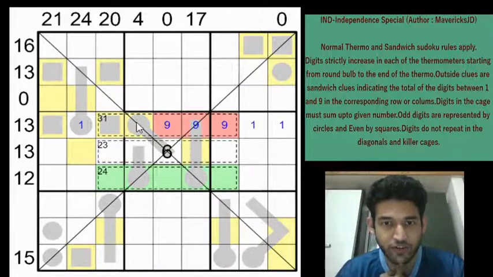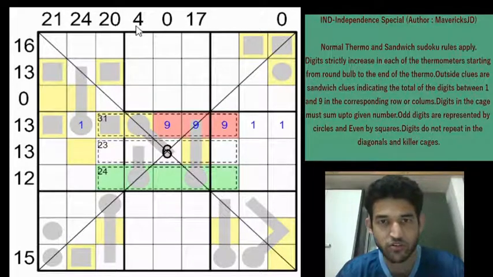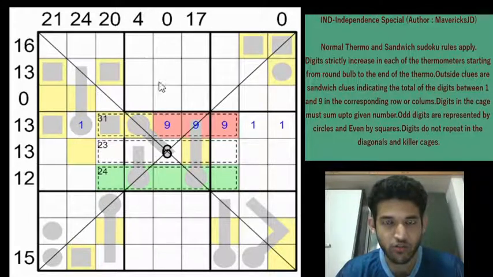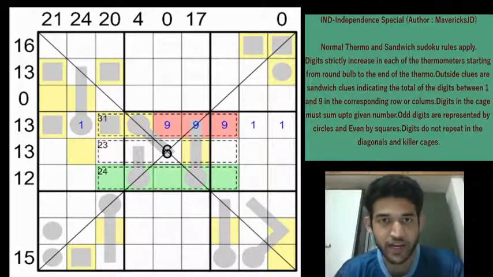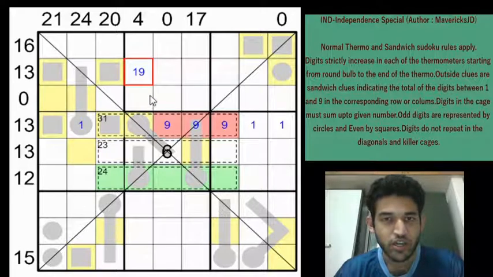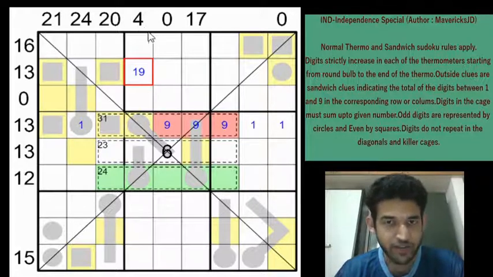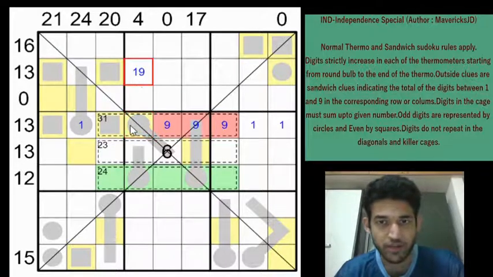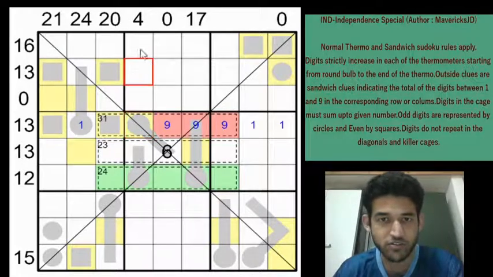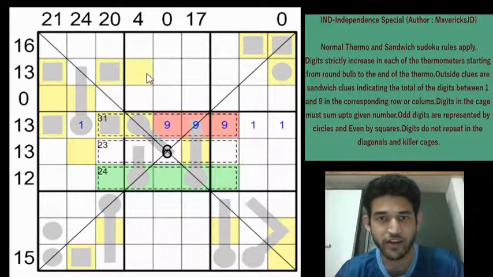Right, this is good for us now because we can make use of the 4 clue now. Can you have a 1 or a 9 in row 2 column 4? We know, as we have already said, the 4 clue will be 194, 149 or 941 in that sequence. So if you have a 1 or a 9 here, then you need to have a 1 or a 9 here to satisfy the 4 clue. But that is not possible because we have highlighted in yellow. So this cell is also not a 1 or a 9.